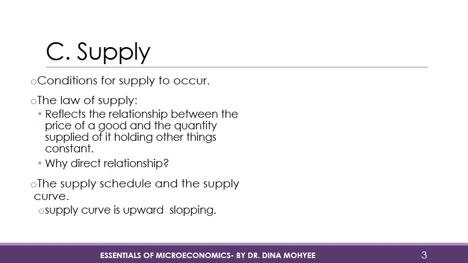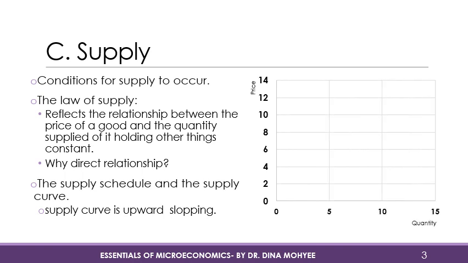To this end, we can represent the law of supply using the supply schedule that reflects this entire relationship numerically, showing the quantities supplied that the producer is willing to offer at each and every price. Also, this law can be represented graphically using the supply curve. It is important to remember that any direct relationship between two variables is represented graphically by an upward sloping curve. The curve that starts from the bottom at the left and goes up to the right,